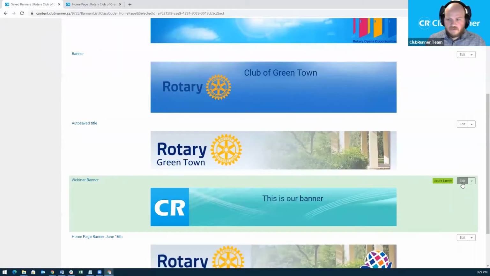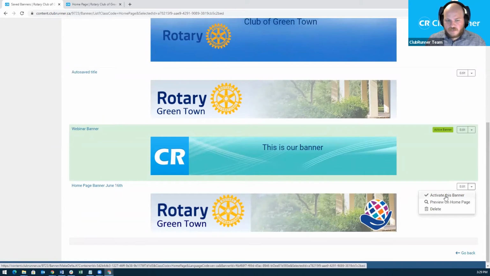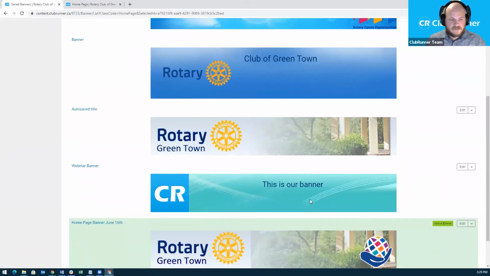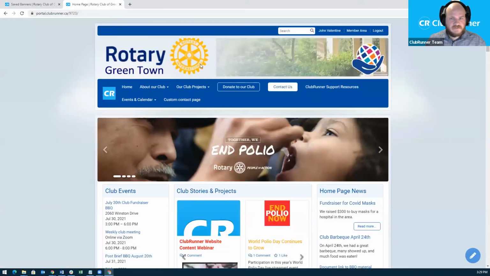And of course, if we did want to go back and edit it to make a change, we can click this edit link. If you want to select a different banner that is already created, you can click this button with the arrow, and you can select activate this banner, and that will switch the active banner to the one that you selected. Let's go ahead and do that. So we can see here, ours is still here, but if I go ahead and refresh, we've now changed it back